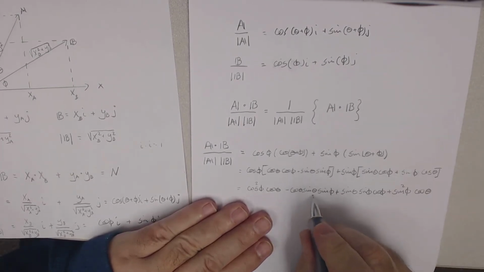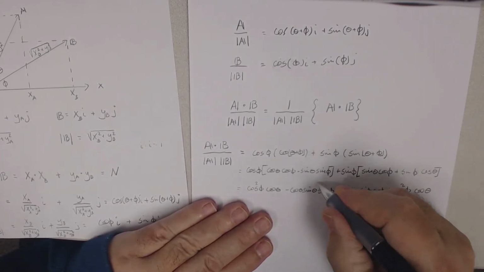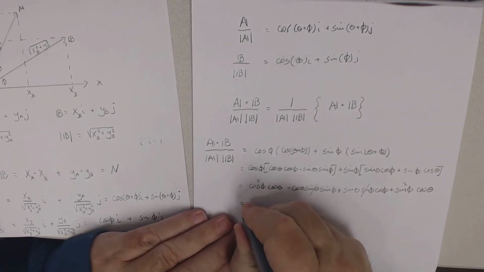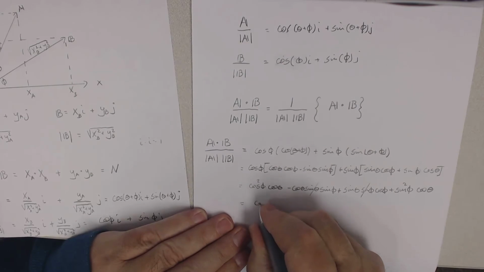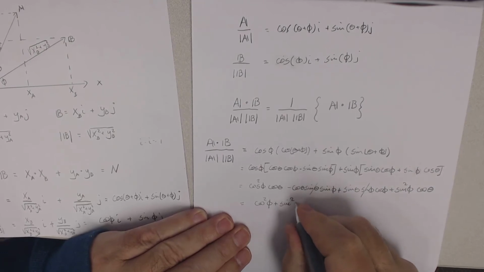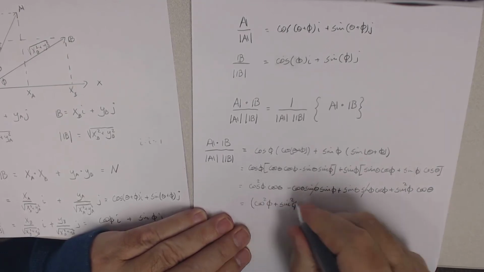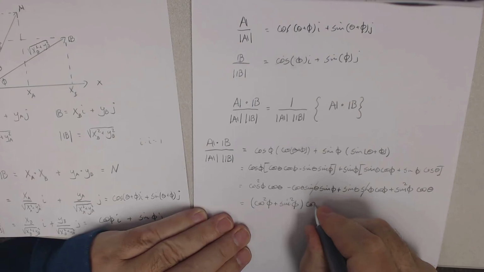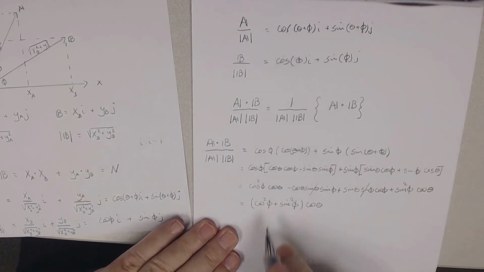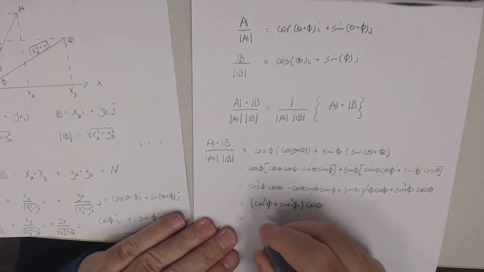Now we see this and this are really the same, so they cancel out. And we're left with cosine squared phi plus sine squared phi times cos theta. But we recognize this identity as 1, so we're just left with